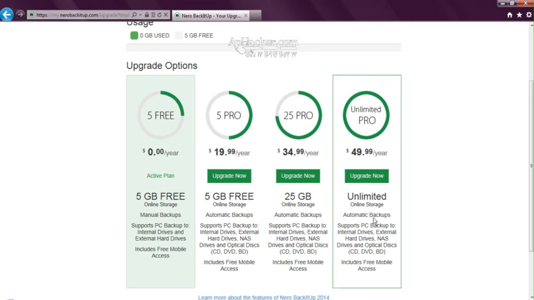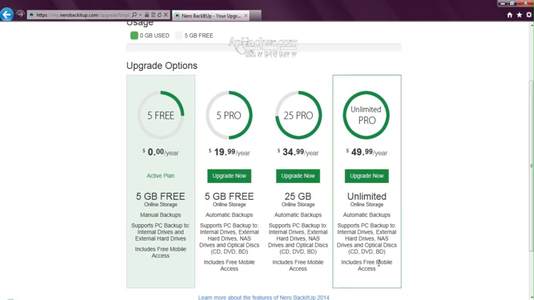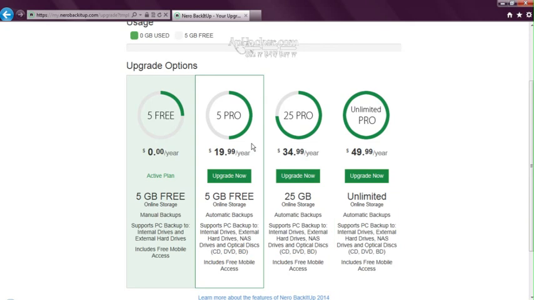Unlimited is, the features are manual backup. Here it is automatic backups. It supports PC to internal drives, external drives, NAS drives and optical CDs, DVDs, everything. And free mobile access is available in all types of plans. So the main advantage of going for an upgrade is automatic backup.